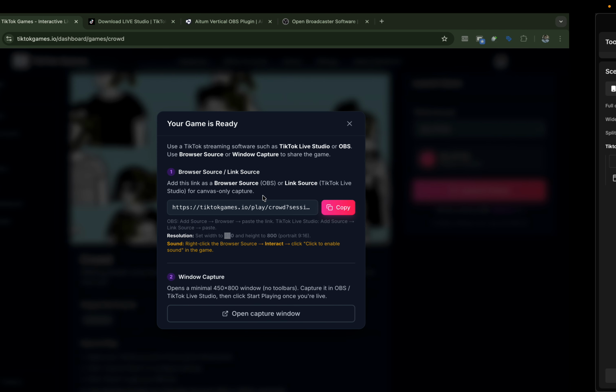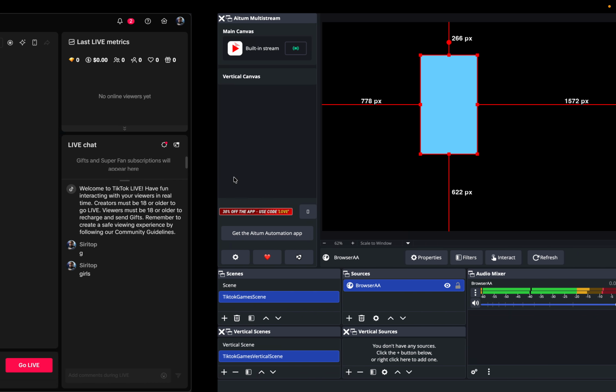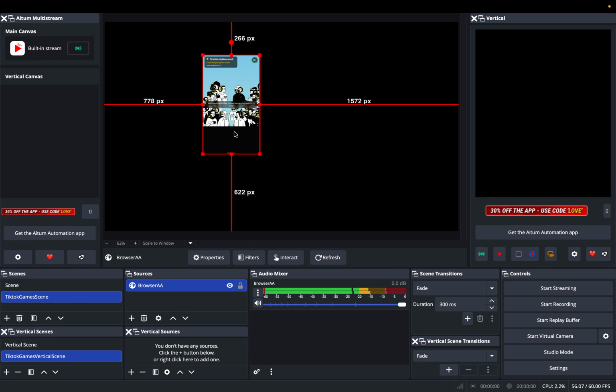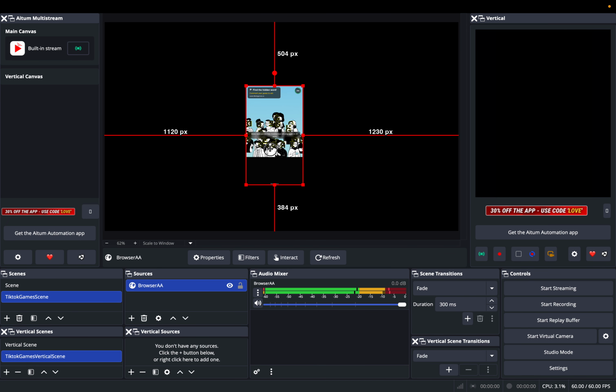So that opens the game by the link that has been provided. Yes, so the game has loaded. So this is going to be for the first source. Then go now to the other vertical sources,